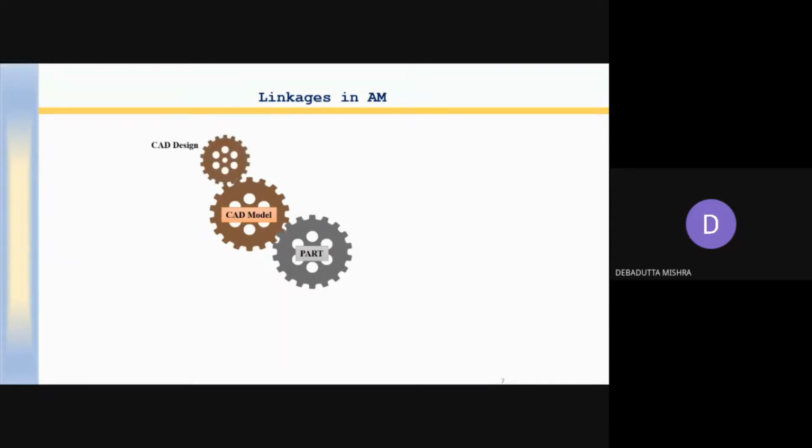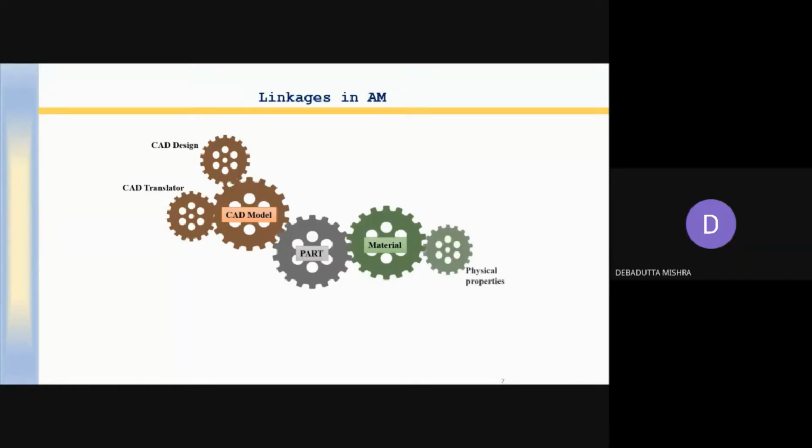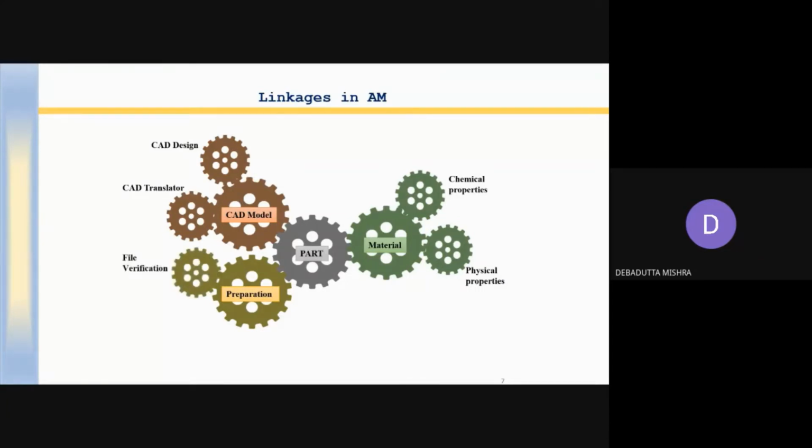And after this part, you can go for the CAD design, then translate the CAD, and next think of the material. Once you get the CAD design, you can go for the material and its properties. Then what are the physical properties of the material that is to be printed? Then you have to analyze the chemical properties of the material, and then you prepare for the building or prepare for the printing. Then verify the file. And to verify the file,